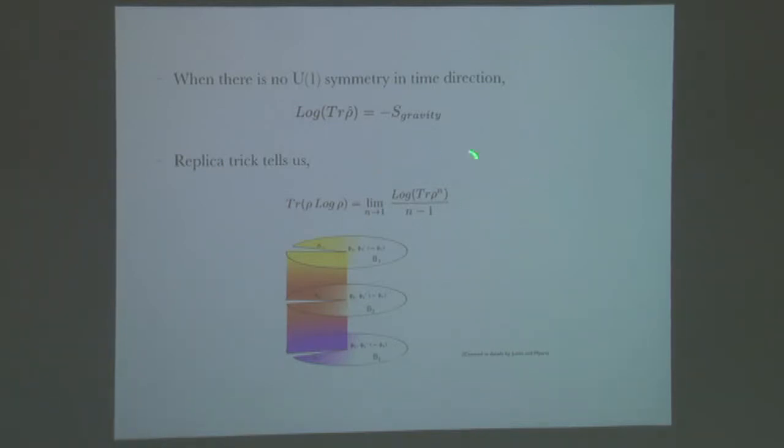So, to evaluate this quantity, the trace of rho to the power n, one can take multiple copies of the same field theory, and this is our replica space. We have to evaluate this quantity on this replica space, and we have to make the cuts where we impose the boundary condition. So, we have to go over these cuts. That will be our tau circle, and all these copies are stitched together through this cut by appropriate boundary condition imposed on the field, and thereby it can be thought of as some sort of an n-sheeted